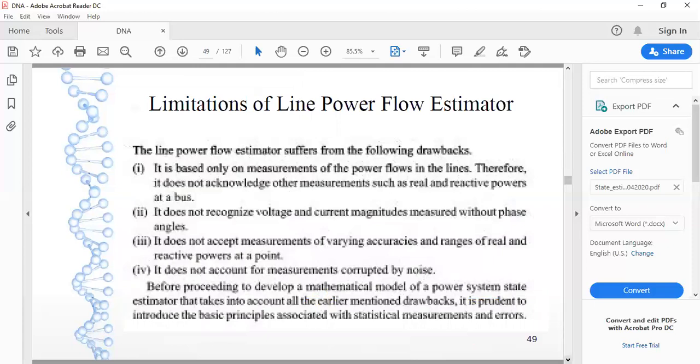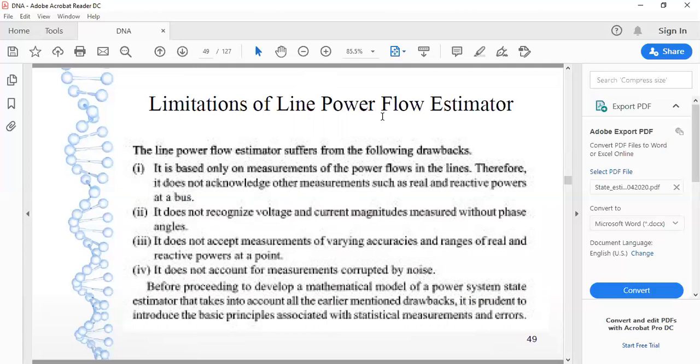So now, what are the limitations of this power system estimation? See, over here we have only considered the calculation of V and delta. Real and imaginary terms we will discuss afterwards, because whenever we have both terms, active power, reactive power and all that, how we can derive the value of V and how we can compare it with the estimated value, that we will also discuss later on.